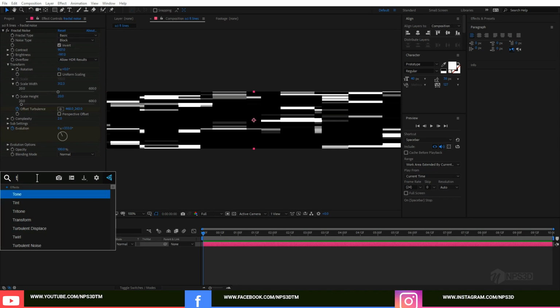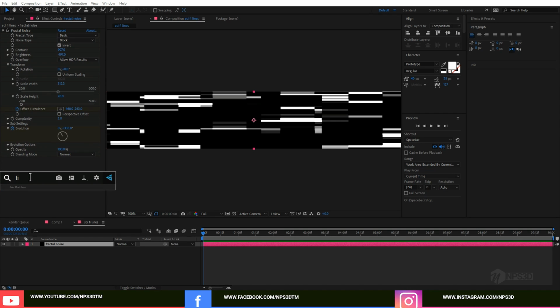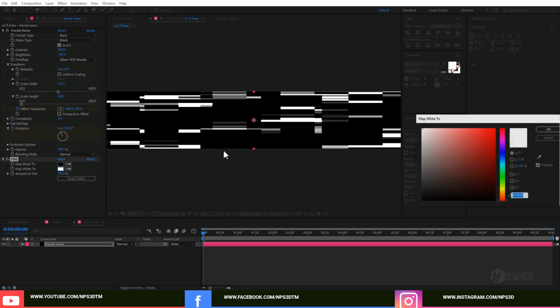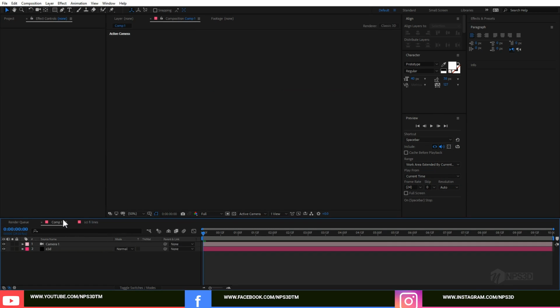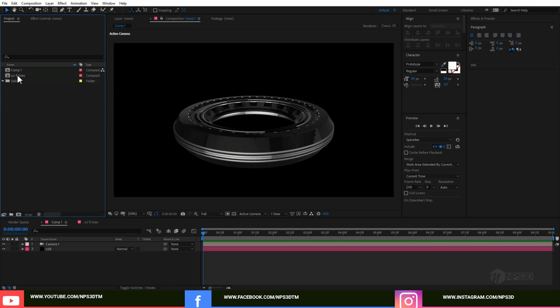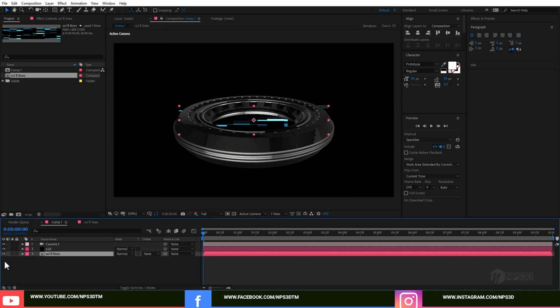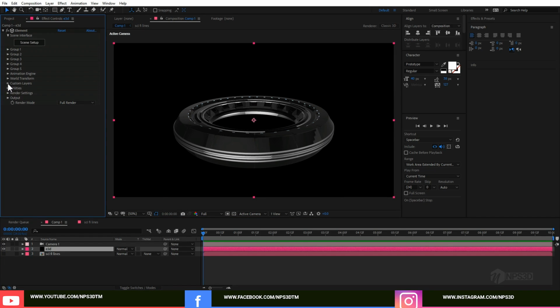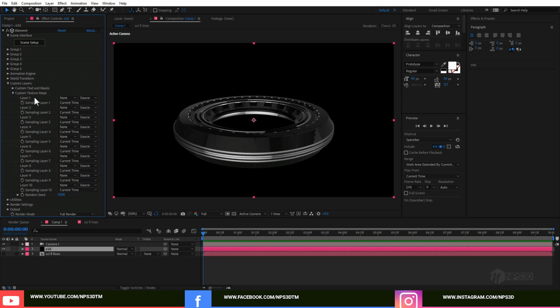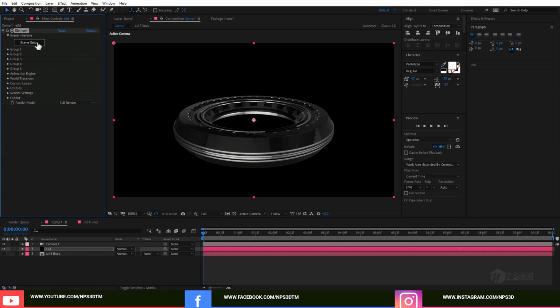And let's add a new tint effect, because the tint will work as a color for this. So I'm going to use something around blue, right? Go to the comp 1 and bring out the sci-fi line as a texture. It will be as a texture, right? Go to the Animating 3D, and here is the option called custom layer, custom texture map, and choose our sci-fi lines, right? Go to the scene setup,